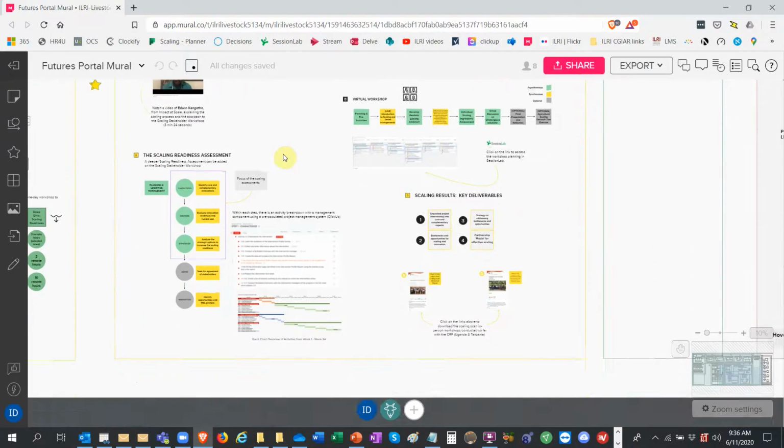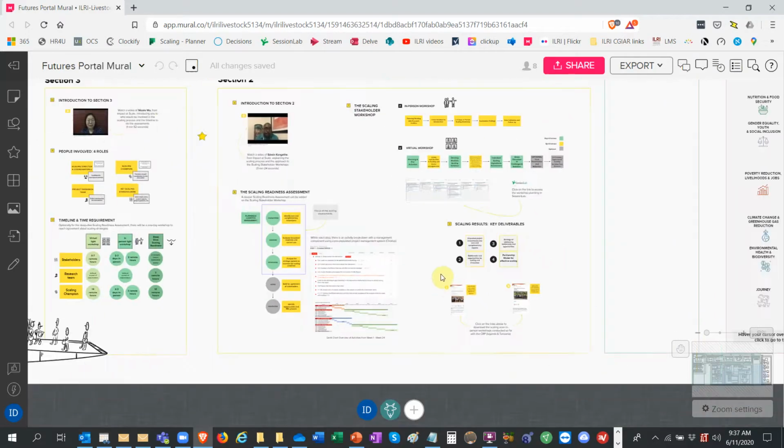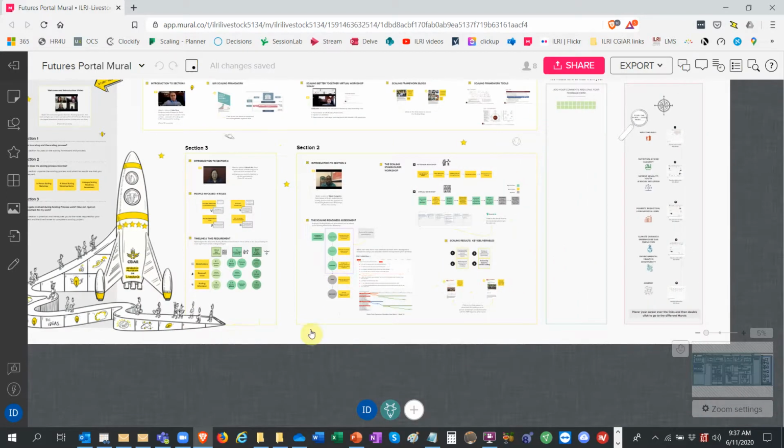And then for the deep dive, you'll find the various stages. We focus on the assessment, on the first 3 stages here. We explain and give you examples of the time and the stages involved, and we also show you some screenshots from a project management system that we're using to manage the process. We also talk a little bit about results, and if you want to see how the in-person light scan workshop reports look like, there are 2 examples of the CRP from the work in Uganda and Tanzania.